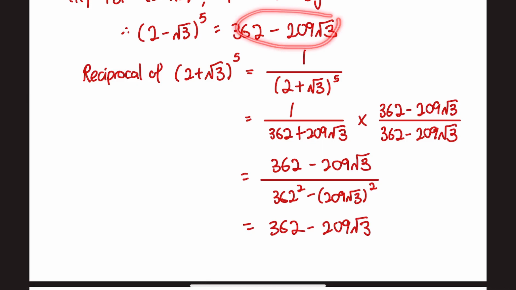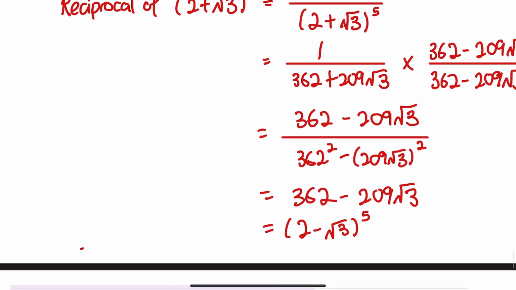This is the same as this. So therefore, this is equal to 2 minus root 3, the whole thing power 5. So therefore, we have answered the question. Okay, this means that therefore,